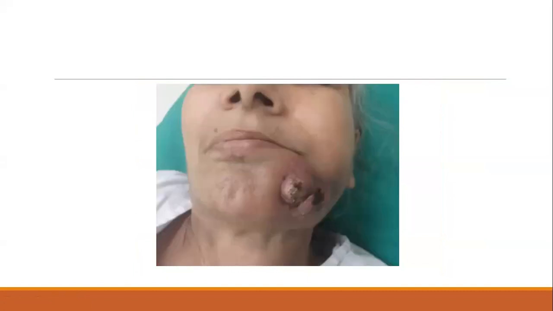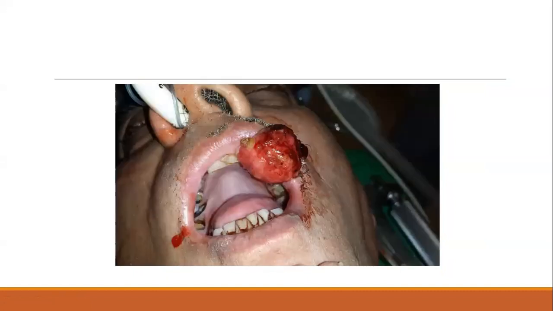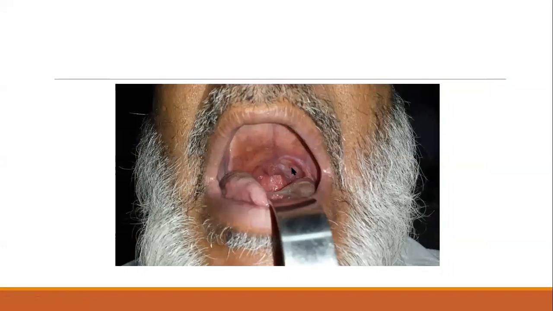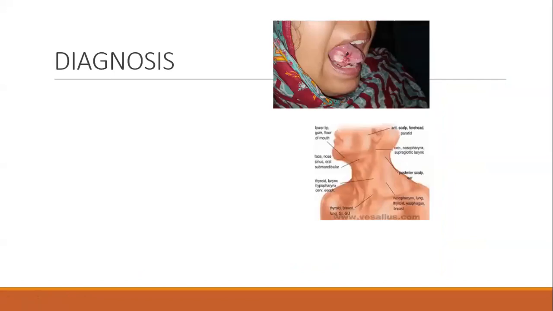This is another picture. You have already seen this picture. This is again my patient. You can see the ulcerative lesion in the soft palate and the tonsil region. Okay. And if you are not careful in depressing the tongue or not careful in examining the mouth, you can miss this. So proper examination. Diagnosis is done obviously by history and clinical examination. When you are doing a clinical examination, obviously local examination and the neck are very important.